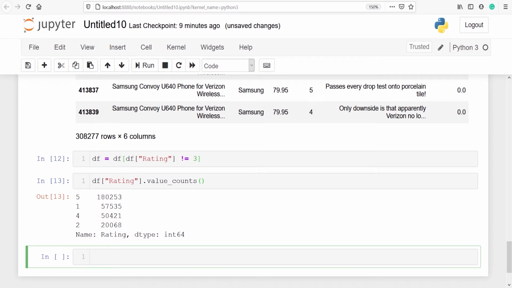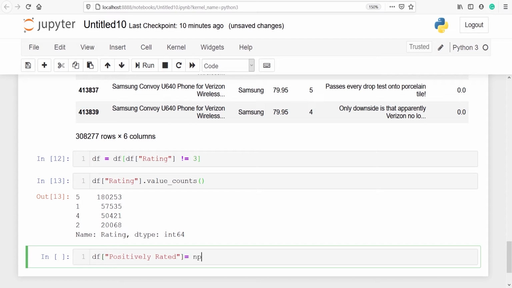We will create a new column that will serve as a target for our model, where any reviews that are rated greater than 3 will be encoded as 1, indicating it is positively rated. Here I am saying that any rating which is greater than 3, that is 4 and 5, will be encoded as 1, and this means that it is positively rated, while 1 and 2 will be encoded as 0, meaning it is negatively rated. I'll call our data frame df and I will make a new column, positively rated, and this will be our new target variable.